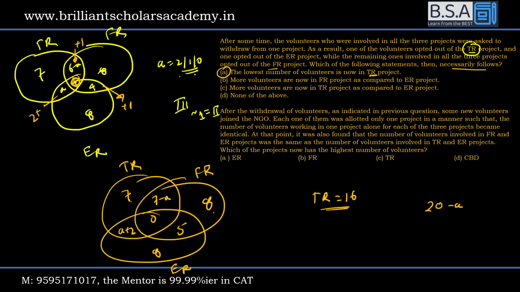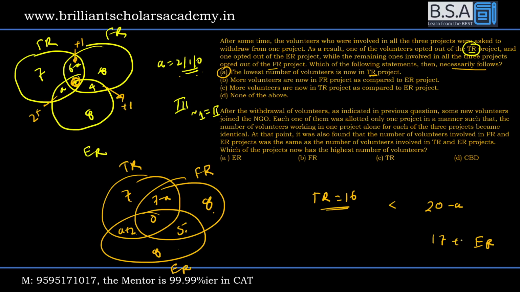A अगर 2 है, A अगर 1 है, A अगर 0 है, in all these cases it is more than TR. A 2 पुट करोगे तो भी ये 18 ही है। ER में कितने हैं, 5 + 8 + 2 कितना होता है ये, 17 + a।